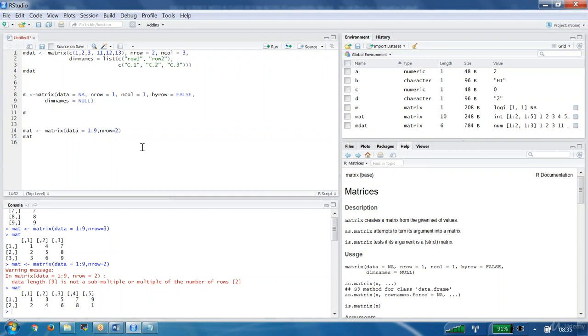Suppose you decided number of columns also here. But by mistake you put number of columns equal to 1. 2 into 1 is how much? 2 only. But how many elements do we have here? 9 elements I have, but you defined only 2 elements. Then how is the system going to take it?